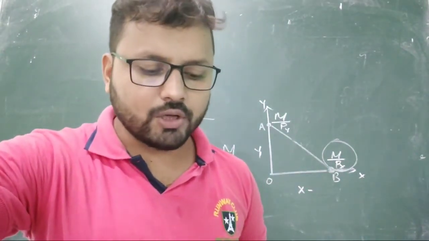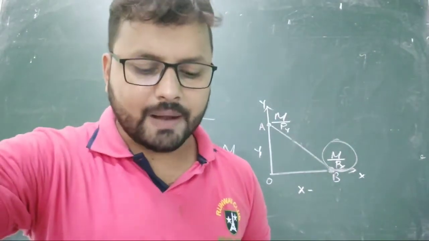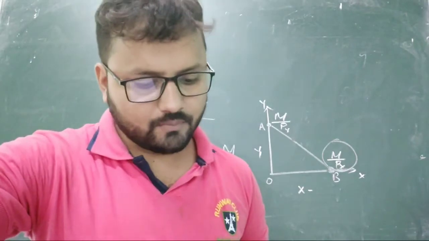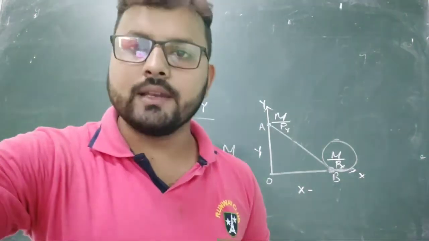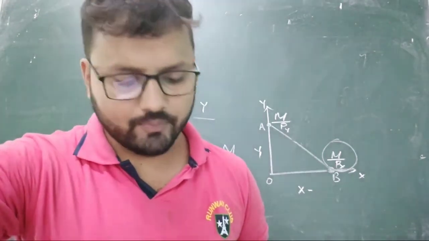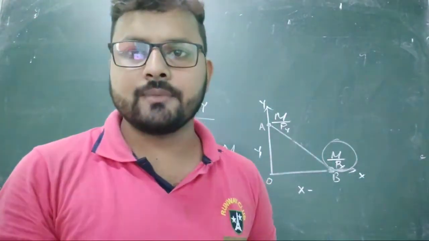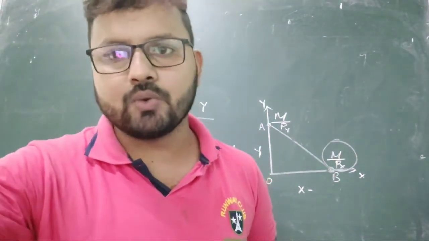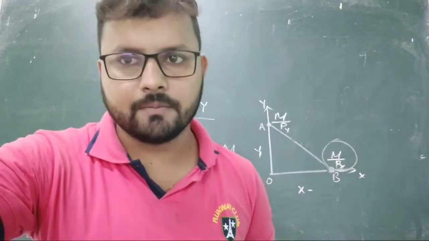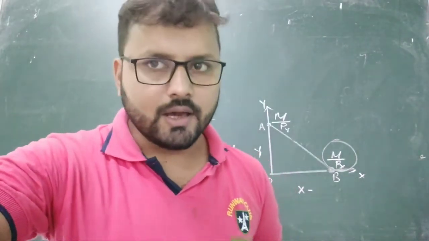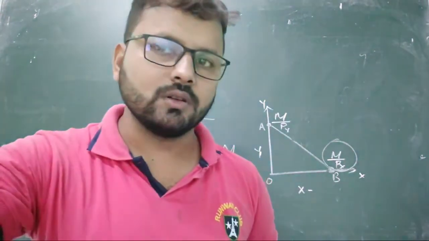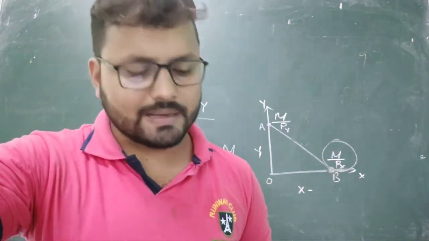A consumer wants to consume 2 goods, full stop. The prices of 2 goods are ₹4 and ₹5 respectively, full stop. The consumer income is ₹20. So these are the given information. Then write down Roman 1, the first question. Write down the equation of the budget line. The first question is for 1 mark. Clear?